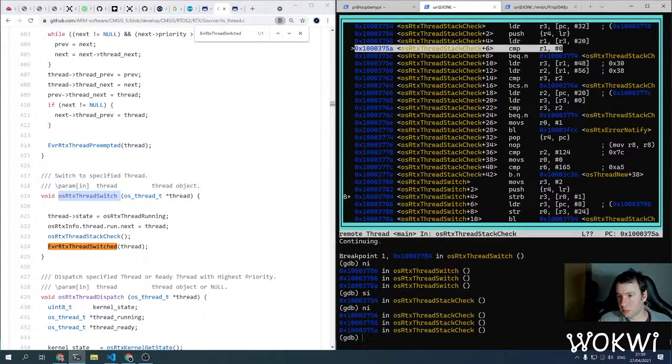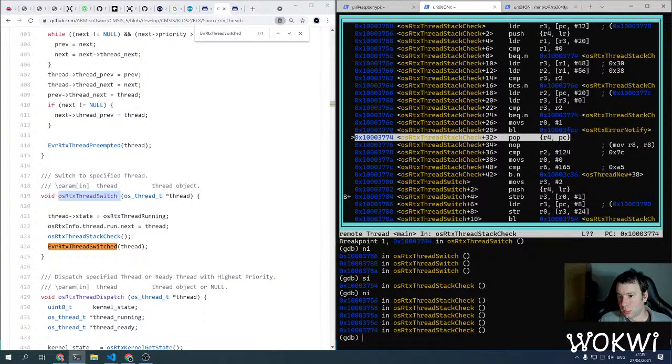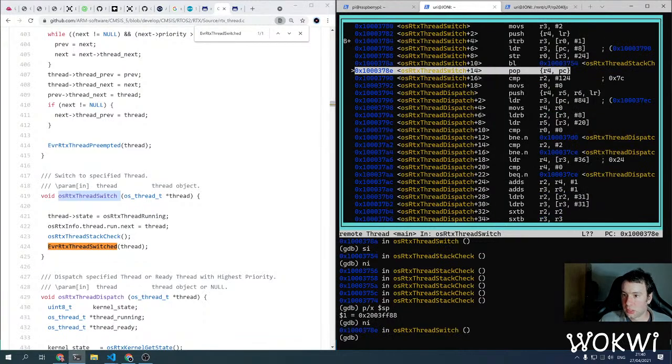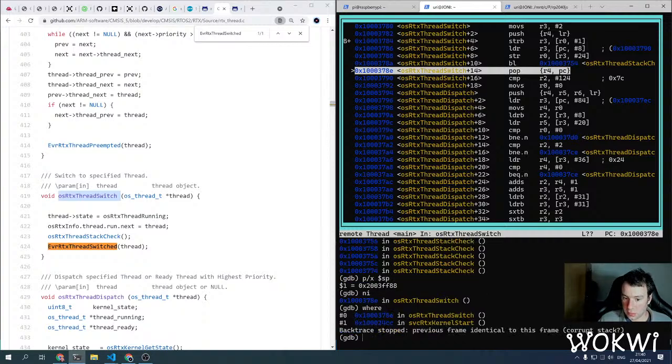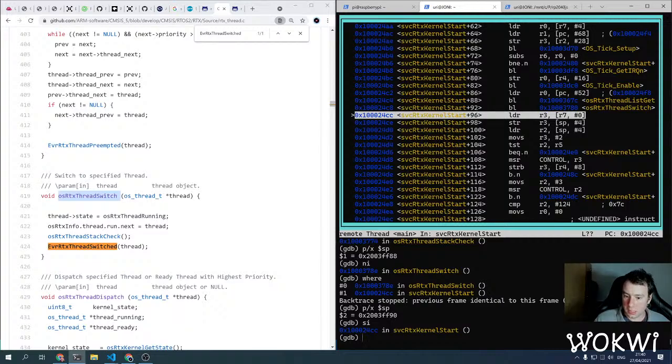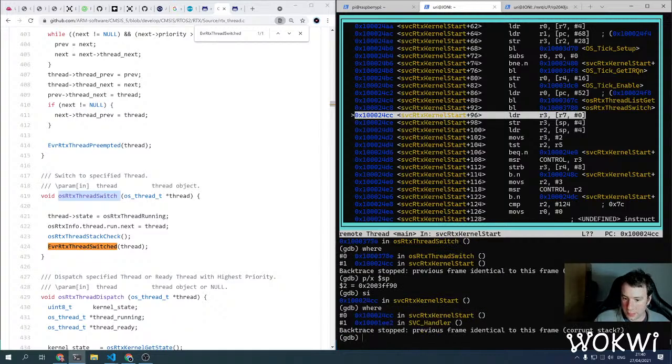It doesn't seem very long. Oh, that was a pretty simple one. I don't think it did a lot, but let's print the SP. Seems legit, right? Okay, so now we return here, and let's print the SP again. And yeah, it seems legit, like it hasn't been changed. Let's go. Yeah, now we return to this, and yeah, this is pretty annoying that